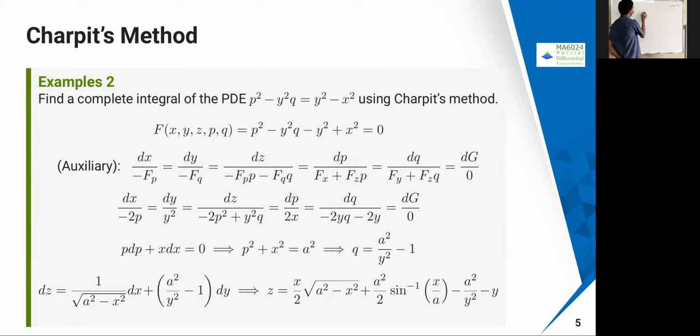I'm going to take a new notation now. f of x1, x2, x3, etc., I can put xn, p1. I'm going to take only a particular one, not every case. See, here I'm not involving any z or any u. So for example, I'm just going to consider only this one now: f(x1, x2, x3, p1, p2, p3) equal to 0. This equation we are going to consider. Note that I'm not involving any u or z. So this kind of equation we are trying to solve using the method called Jacobi's method.